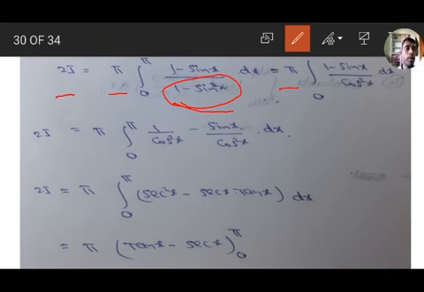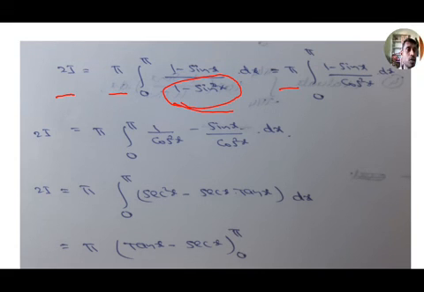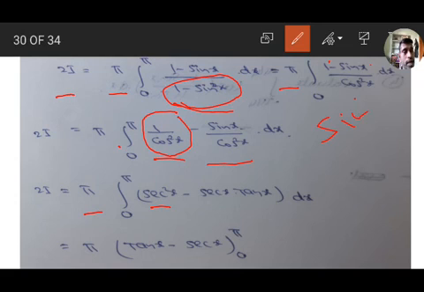So pi times the integral from 0 to pi of (1 minus sin x) by cos² x. Separating the division, 2I equals pi times the integral from 0 to pi of 1 by cos² x minus sin x by cos² x. Next step, 1 by cos² x means sec² x, and sin x by cos² x...